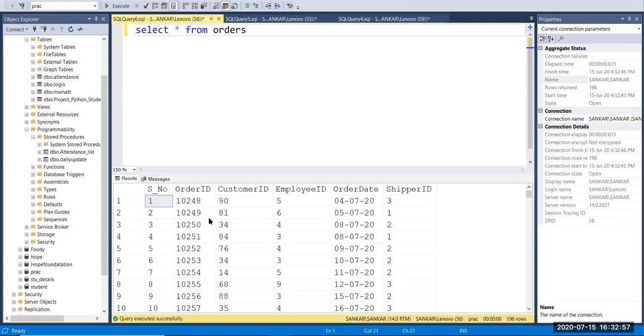By using this table, I can get the customer details, employee name and details, and shipper name and details, because we have a common column between order and customer table, employee ID and employee table, and shipper ID and shipper table.